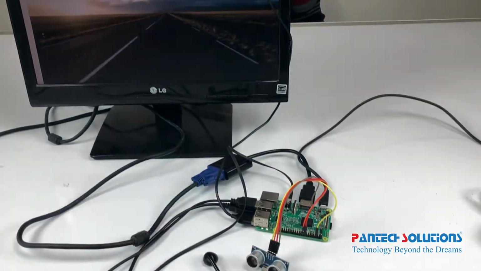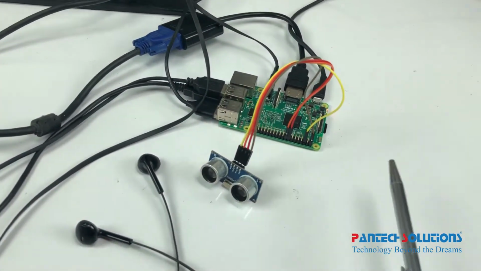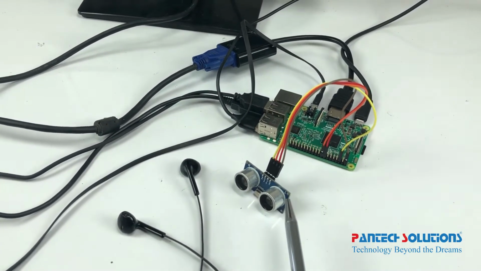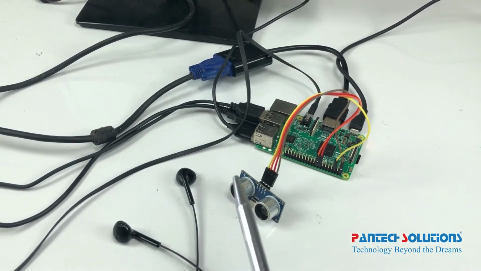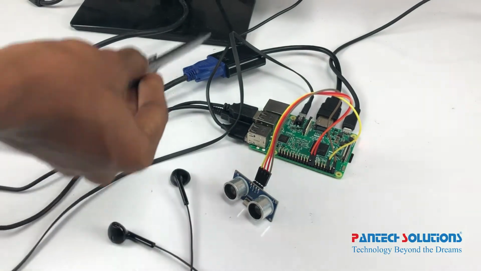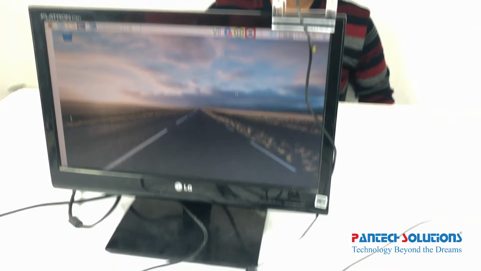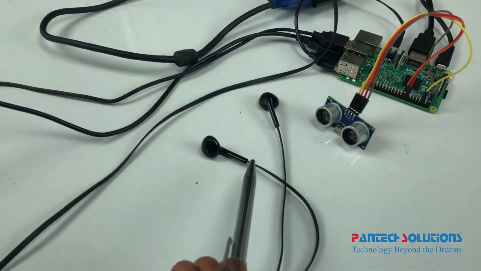Today we are going to see the project called Blind Navigation System. For that, here we are using Raspberry Pi as a core system, and for distance measurement for our obstacle detection we are using an ultrasonic sensor which is interfaced in this walking stick. I also interfaced one USB camera which is connected here, and to navigate the blind person I connected one earphone here.